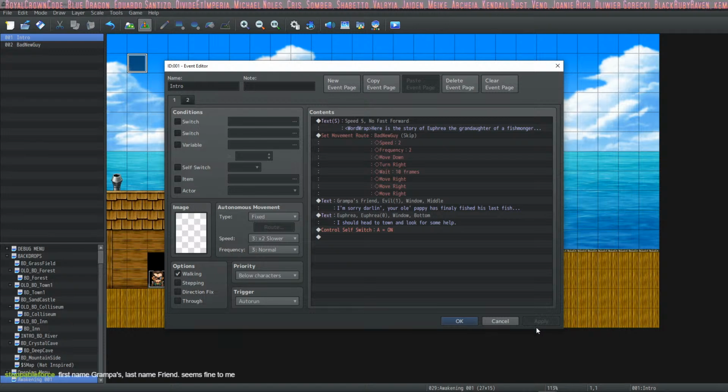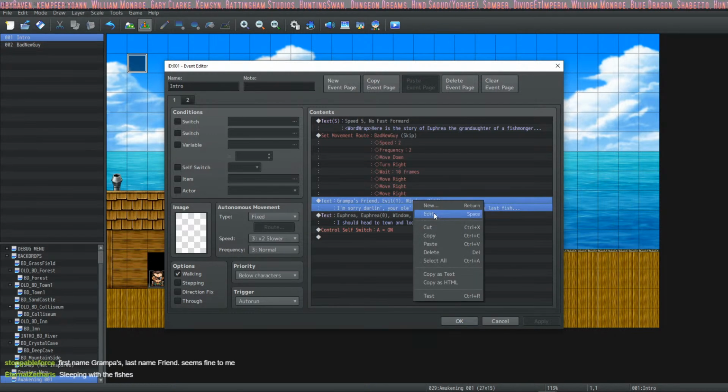Yeah, that's our story. She's like, I was helping my grandpa do the fin. I could add other cutscenes where she's doing stuff. For now, she'll just start right here, and you have grandpa's friend, which we'll name, and then he'll come back in the story later on to help her or something else. We don't know. And he'll be like, sorry, darling, your old pappy's finally fished, grandpappy, not pappy.